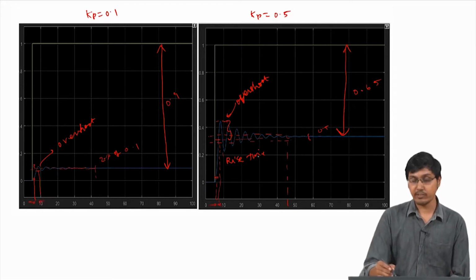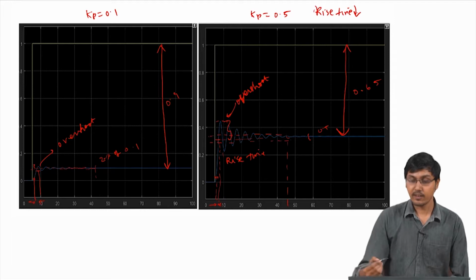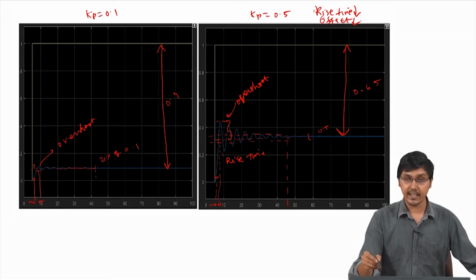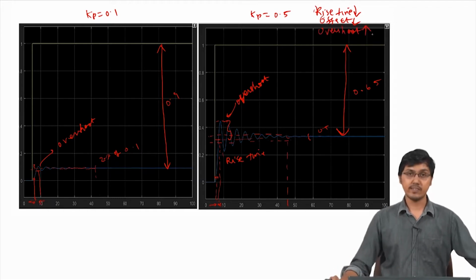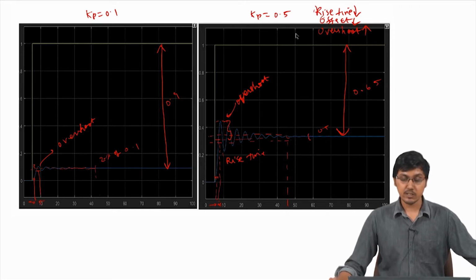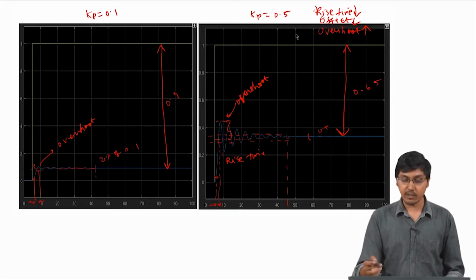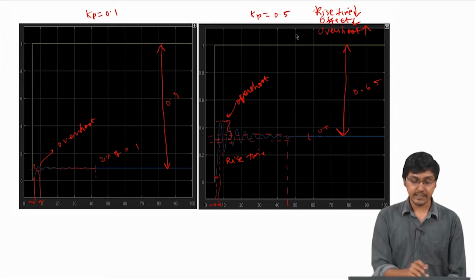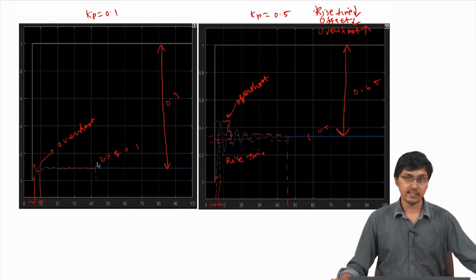So when you increase the gain, we can see two things: the rise time is decreasing, and the offset is decreasing. We can also see that the overshoot is increasing. These are the observations on increasing the proportional gain. You can also play with different transfer functions and observe that these things hold. One more thing we talked about, but didn't observe anything significant, was settling time. Settling time did not have any great impact, or we cannot make out anything about it.